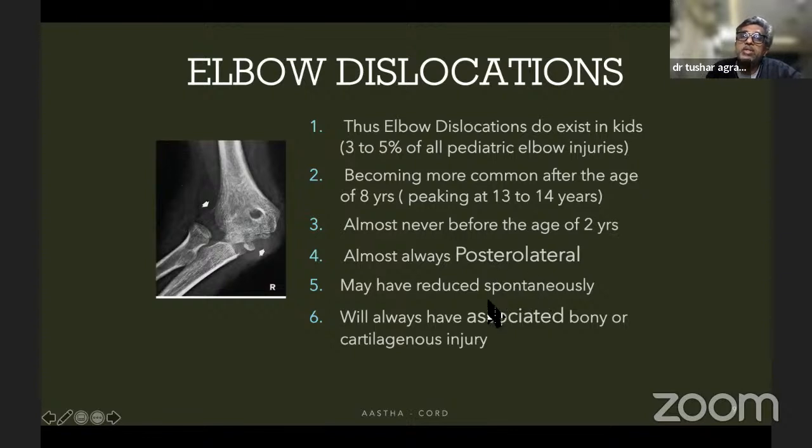What you may see is just other injuries of the elbow, and the elbow dislocation may have reduced spontaneously. So you have to suspect that these would coexist. You may see just a coronoid fracture of the elbow, but a large swollen elbow. You will know that the swelling of the elbow is disproportionate to just having a coronoid fracture. So this patient had an elbow dislocation, which is now reduced, and I am now only seeing the coronoid fracture.